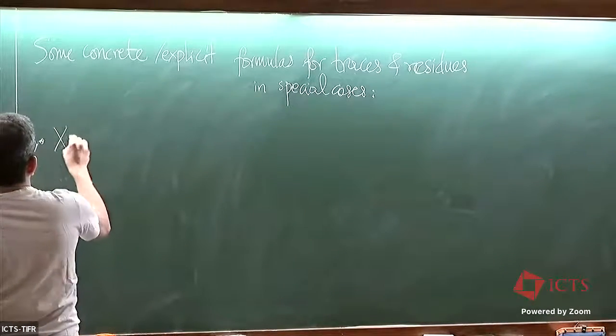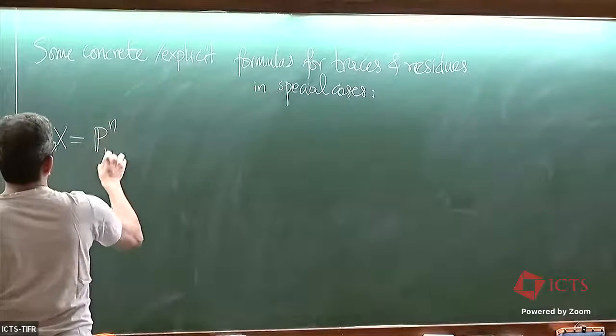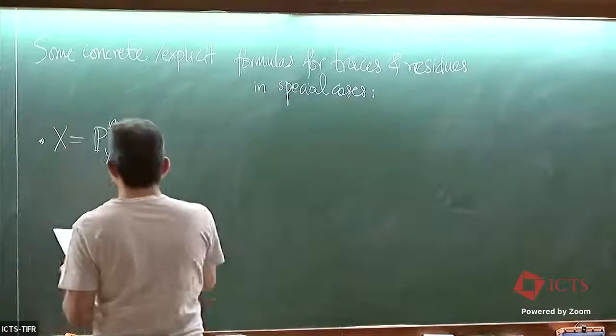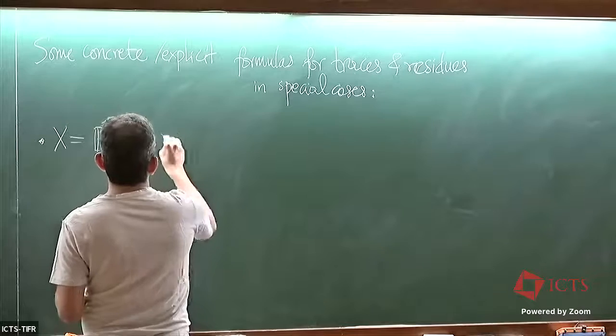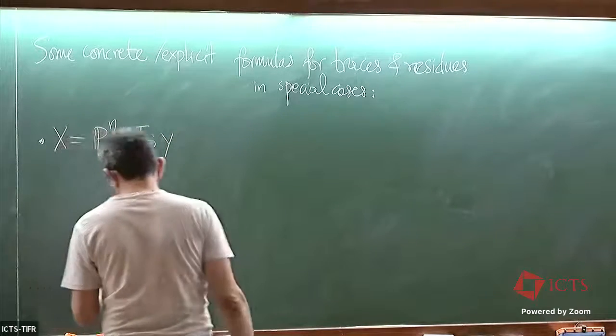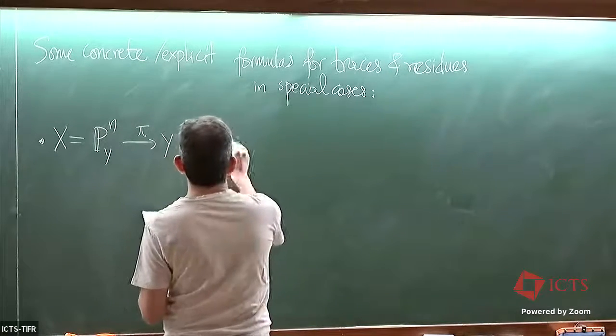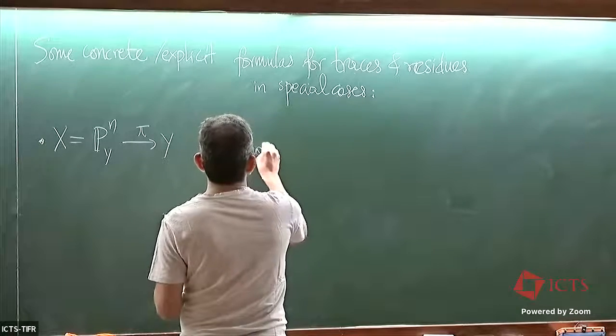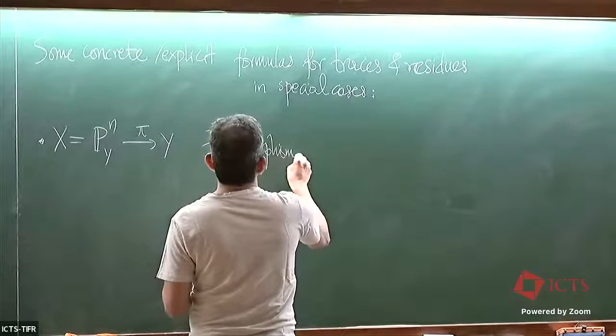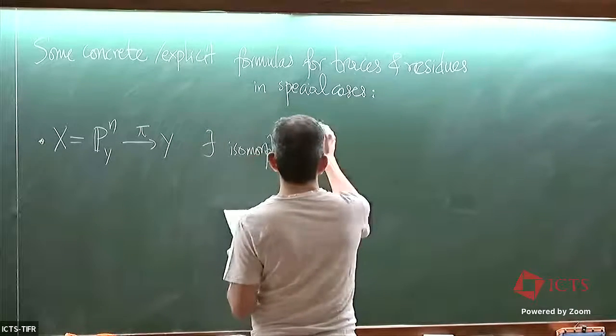One of them was: start with P and Y. And this we saw last time by an explicit calculation. There exists an isomorphism. We gave it a name, integral pi